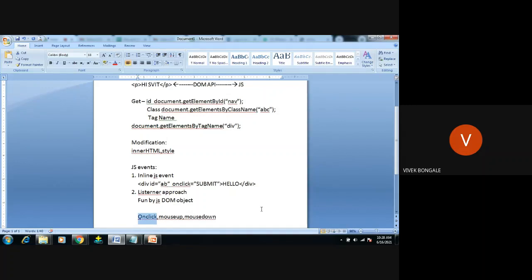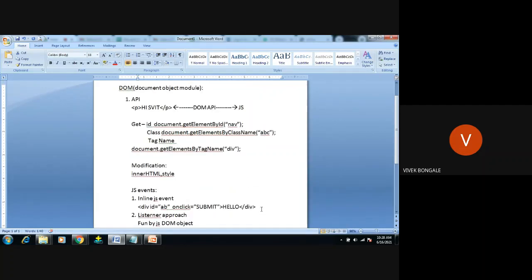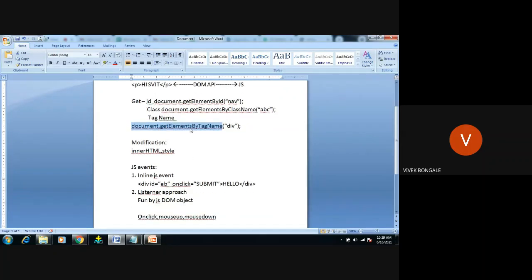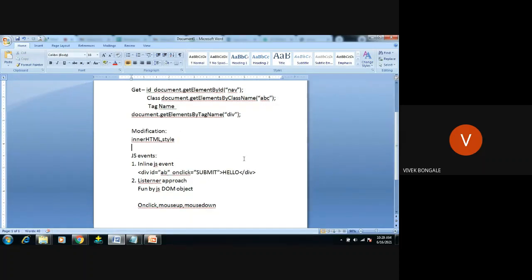So here in the document, till here we just get the element from the HTML. If you want to do any changes in the element or the HTML, we're going to use some DOM properties like innerHTML and style. Then to do this modification, we should also know the JavaScript event.